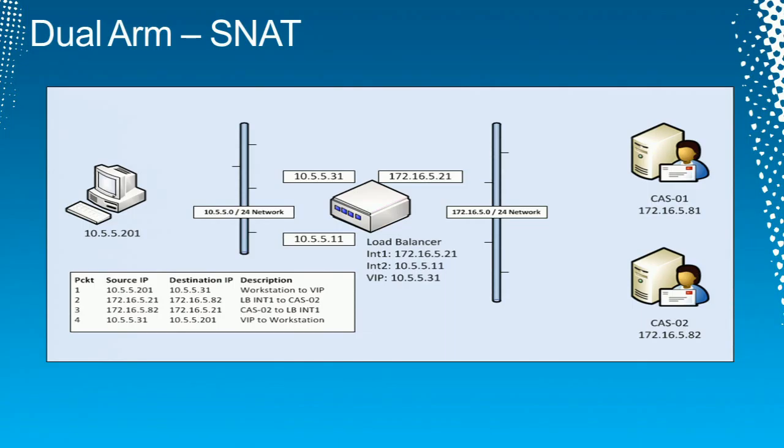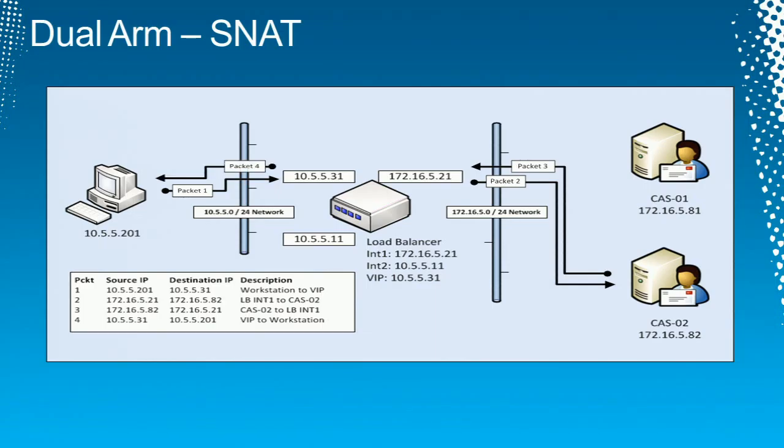One network space is for our clients, one side is for our servers. Source address comes in, right, to .31. The load balancer will do SNAT, but in this case, it's going to do it on the 172 network. The packet goes to CAS. CAS sees that the message came from 172. CAS replies. Load balancer replies with the .31. Client is happy, server is happy, and we've achieved an isolation, in effect, of our server infrastructure from our client infrastructure. So we can do this to reverse proxy or publish to the internet, for example, or to untrusted networks